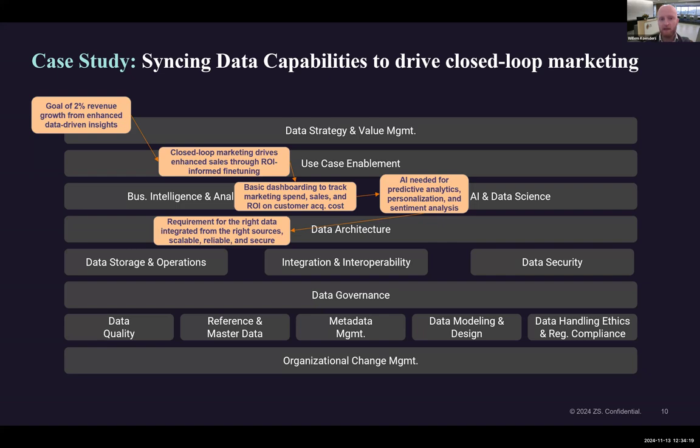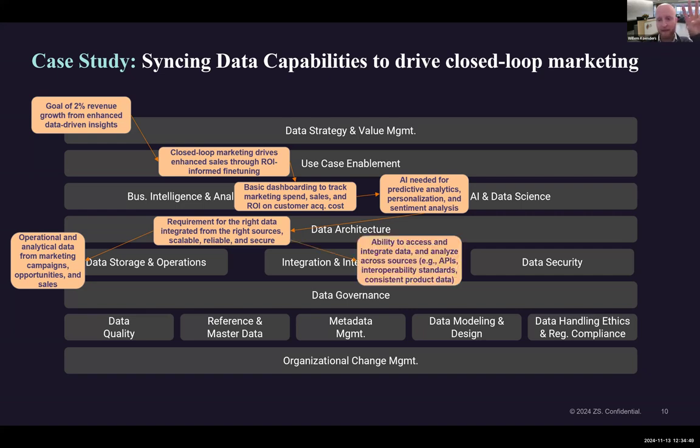Any of this is, I wouldn't say a piece of cake, but it's relatively straightforward if you have the right data from the right sources available at your fingertips, right? So it's reliable, it's secure, you know how to interpret it. That depends on you having data from at least 3 different domains. I just hinted at them in the beginning. Operational data from the marketing campaigns, for example, the data from the opportunities, and from the sales. Those are 3 typically independently created data sets. Just having them in a silo is not enough, right? You need to be able to connect them. These specific identifiable data assets need to be integrated together.